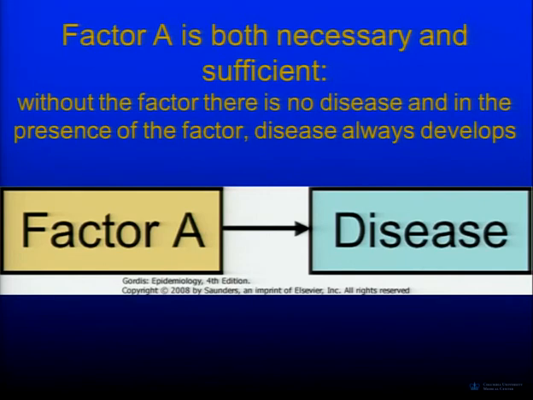Yeah. Well, smoking and lung cancer is not always the case, because here it says, in the presence of the factor, disease always exists. There's a lot of people that smoke and they don't get it. Yeah. Being bitten by an animal with rabies and rabies. Right. Something like rabies, like exposure to a rabid animal and getting rabies. Is there something else? Yeah.